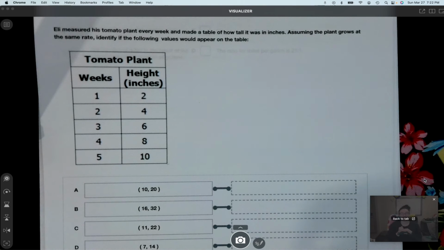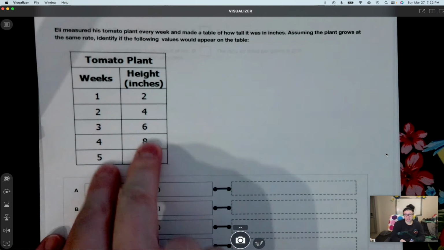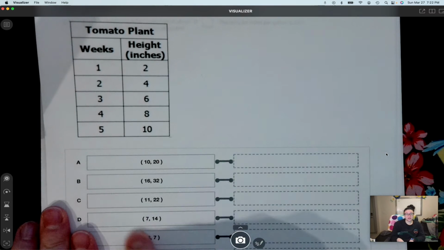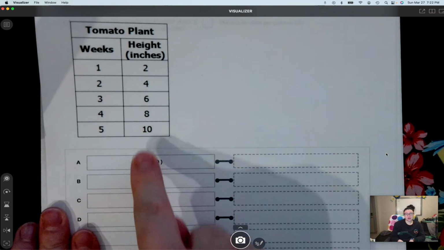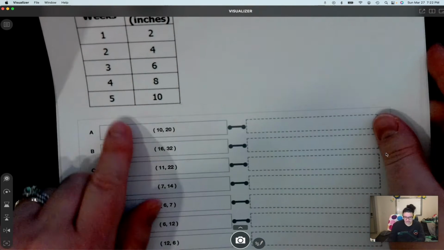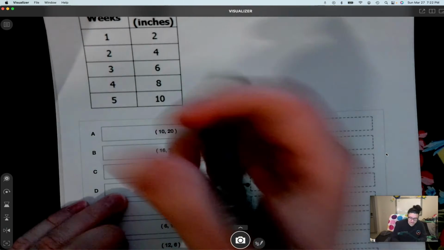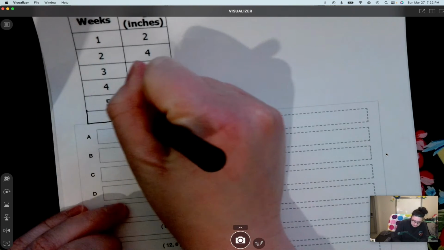Eli measured his tomato plant every week and made a table of how tall it was in inches. Assuming the plant grows at the same rate, identify the following values that would appear on the table. So what that means is if I extend this table, if I make it longer, would each of these appear on there? So for example, if I extended this to 6 weeks,